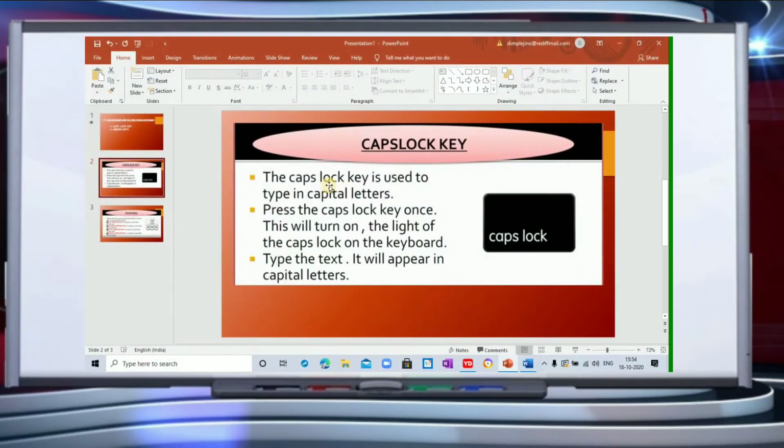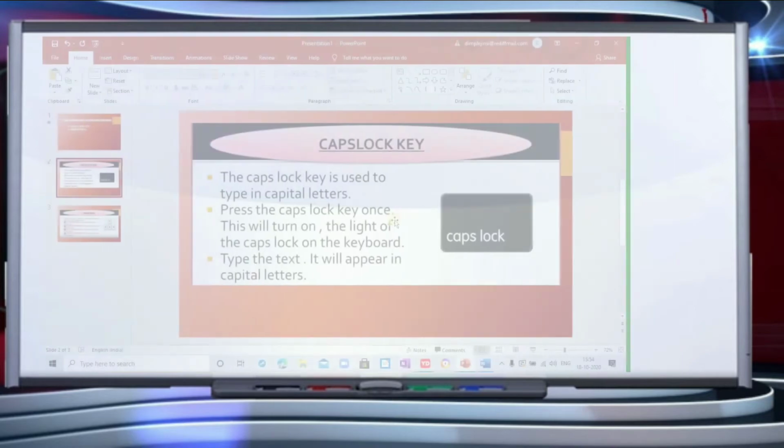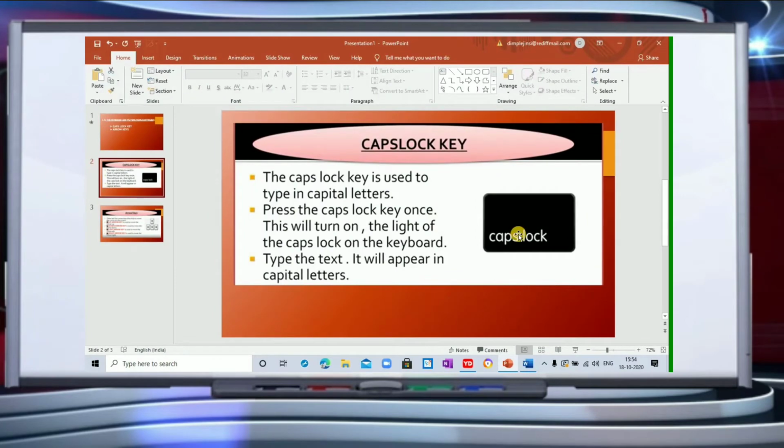So children, this is a caps lock key which you will find on your keyboard. Caps lock key is used to type in capital letters. If you just press this caps lock key on your keyboard and light is turned on, it means your caps lock key is on.